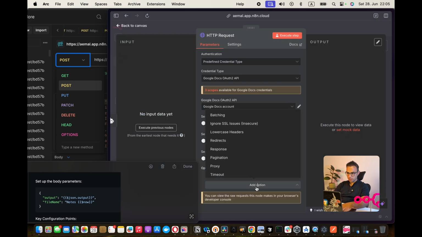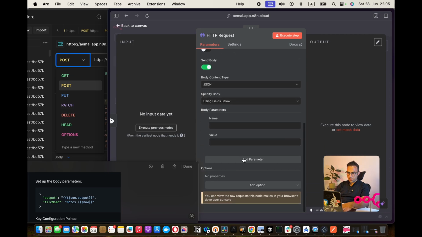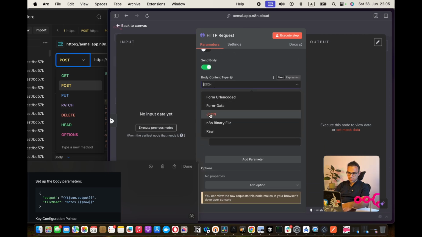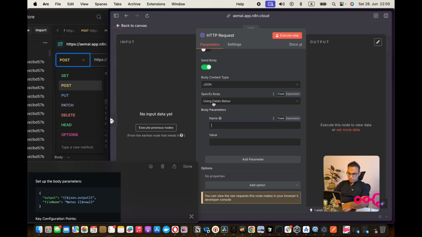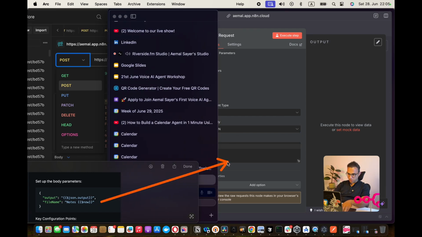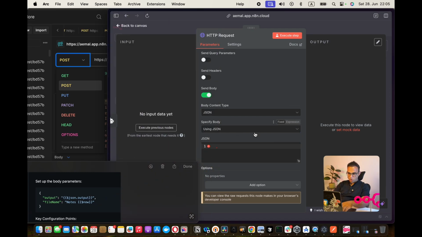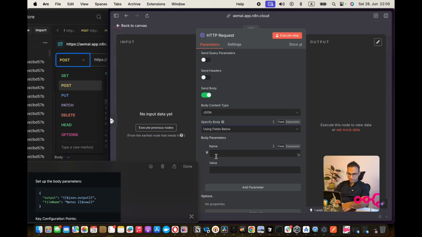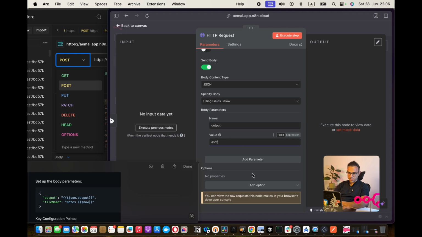You don't need to pass them as JSON, but you can also pass them as parameters here as an option. So like this. So send body, and then in here you can either choose send body or JSON or something else. I'll just use JSON. You can send JSON as copy paste this entire thing from here and here, or you can also define it like this. So I'm going to define it, output, the value, we'll see it in a minute. Just for now, put something.